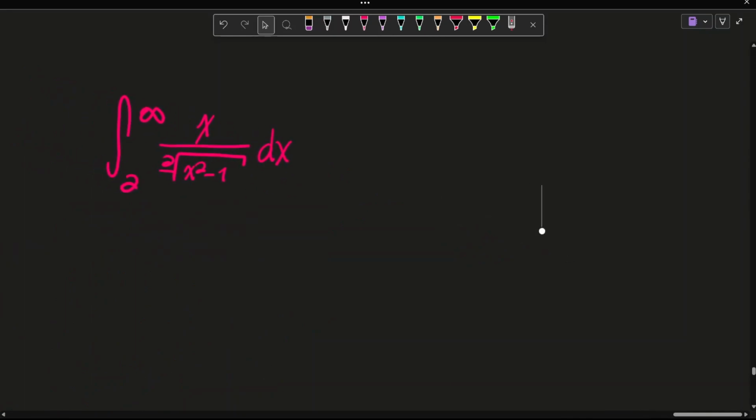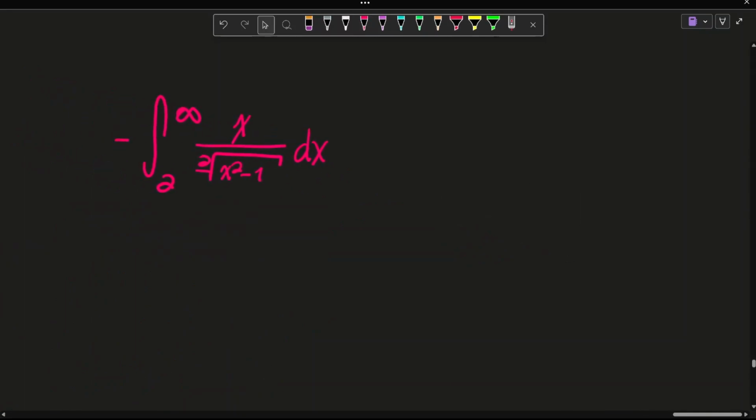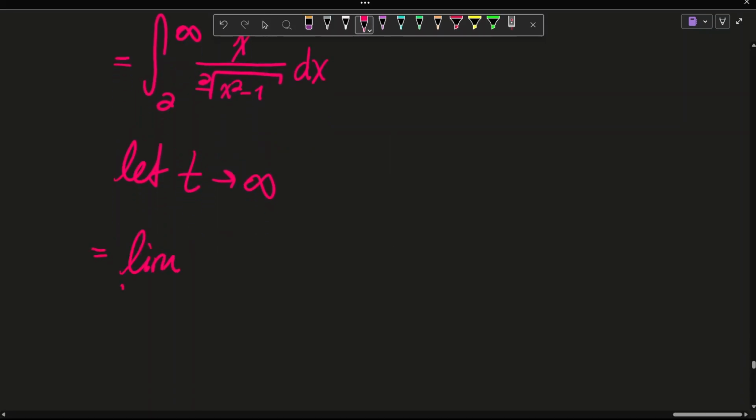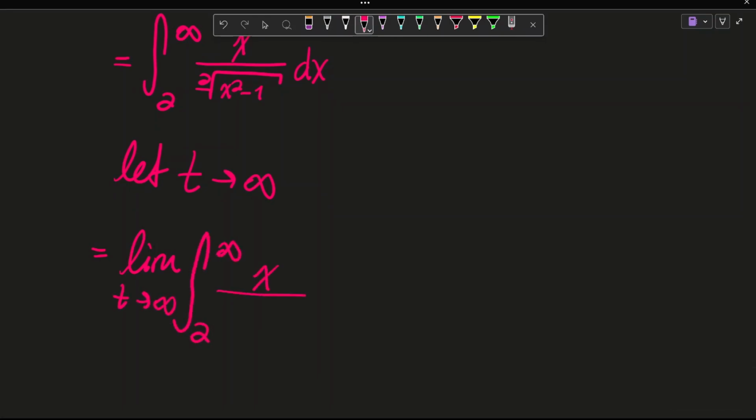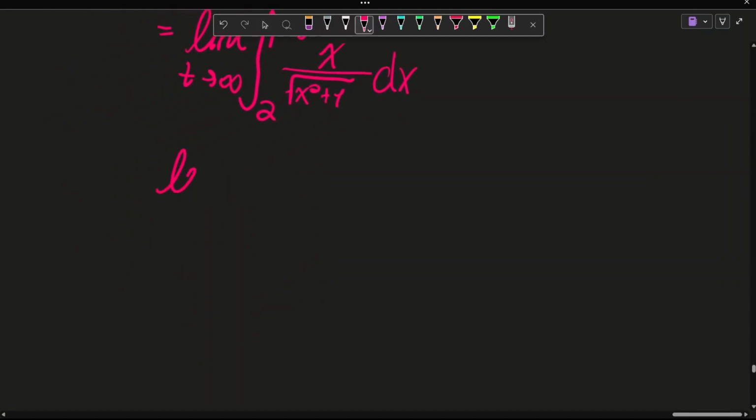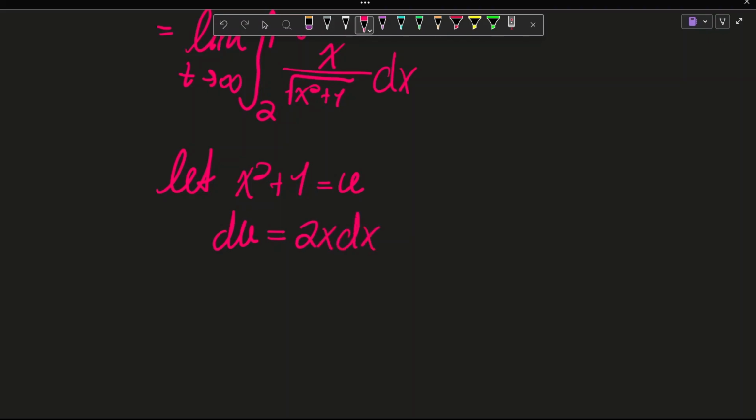All right, now I'll solve it fully. We begin by saying let t approach infinity. So we know that the limit as t approaches infinity of the integral from 2 to infinity of x over the square root of x squared plus 1 dx is our integral. Now we can say let x squared plus 1 equal u. Then du is equal to 2x dx. Thus dx is equal to